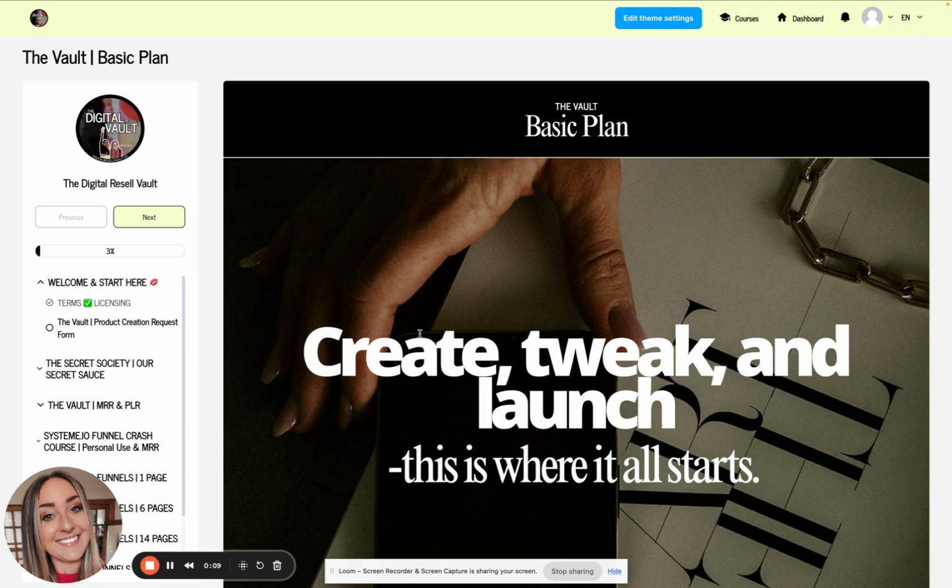Basic plan. All right, so when you get inside, this is what you have access to. This is what it looks like. This is built inside Systemio. So if you already have a Systemio account, you'll want to use that same account to sign up for the Vault because it'll make your life easier when you get inside the Vault and start